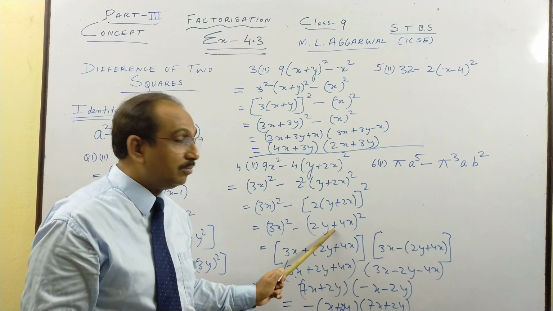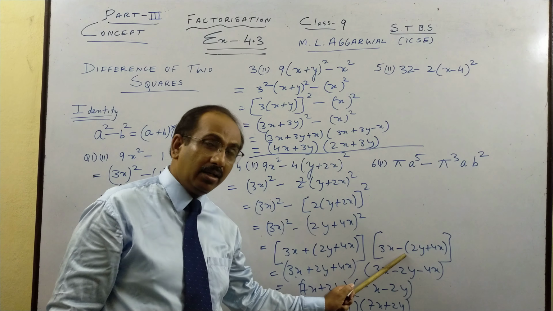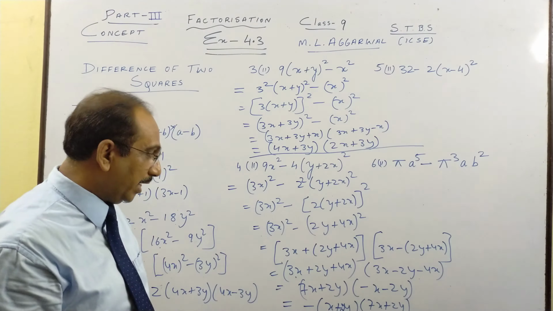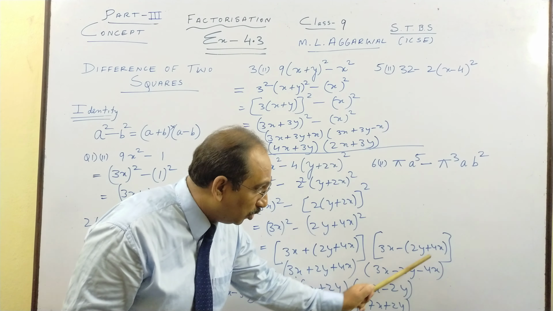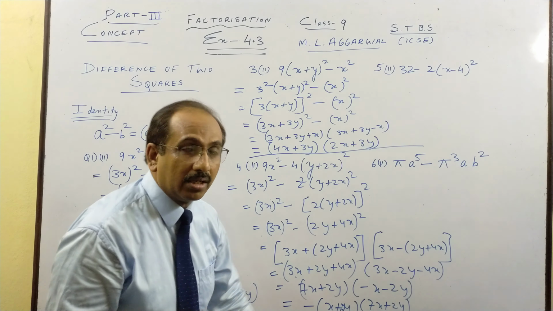So when there are two terms here, this bracket becomes very important. The book is using a big bracket, but you will be more comfortable with a small bracket. Take care of the sign because both will become negative. So this is the most common area where children make a mistake.